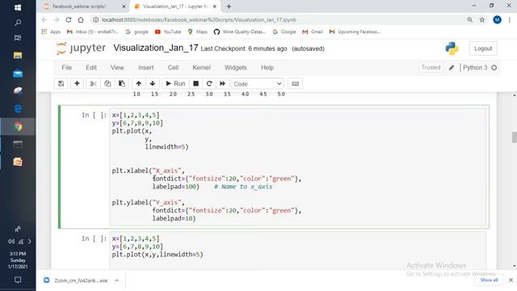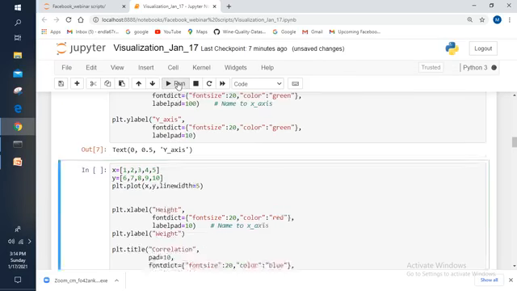Here in the xlabel, I'm using this fontdict parameter and the labelpad parameter as well. This labelpad parameter will give you the difference between your text and the axis, right? In the title I already showed you how the pad parameter works. In the same way this labelpad parameter will work in the xlabel function, right? Whatever parameters are available for the xlabel function, the same parameters are available for the ylabel as well. Now let me execute this one and let us see what kind of results we will get.